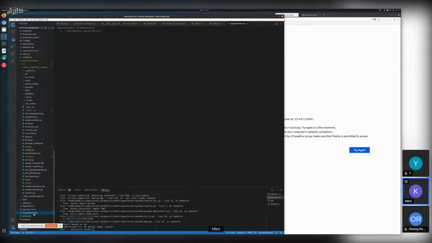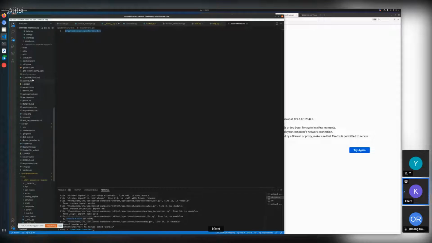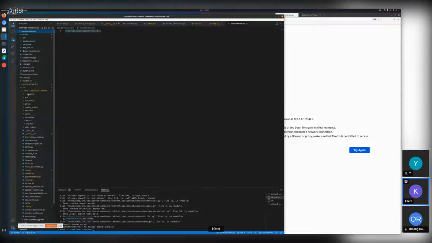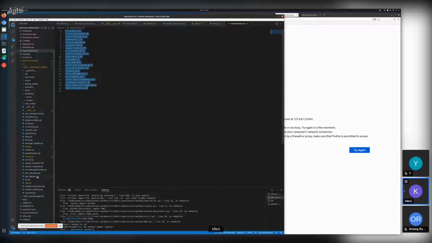here's the requirements.txt from the extension, and here's the requirements.txt from Warden. No, that's Specter Desktop, Warden. So we would need to copy that over. Yeah, and there are some things which are clashing, right? So I would push them all out here and only take the stuff which is not already imported by